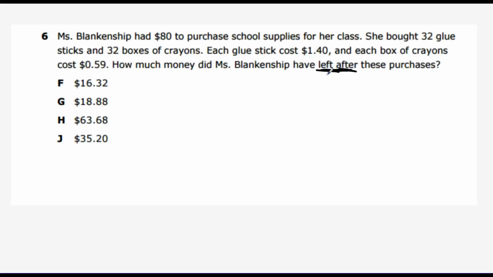So this is a key here. I'm sure a lot of people that missed it did it because they forgot this last step. So don't let me forget that we need left after the purchases. So we need to know how much did you spend on crayons, how much did you spend on glue sticks. So she bought 32 boxes, and they were 59 cents each. It's 32 times 0.59. Okay, and then we also need glue sticks, which is 32 times, oops,